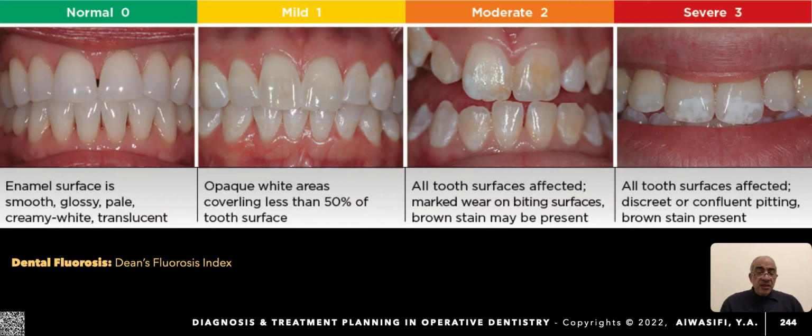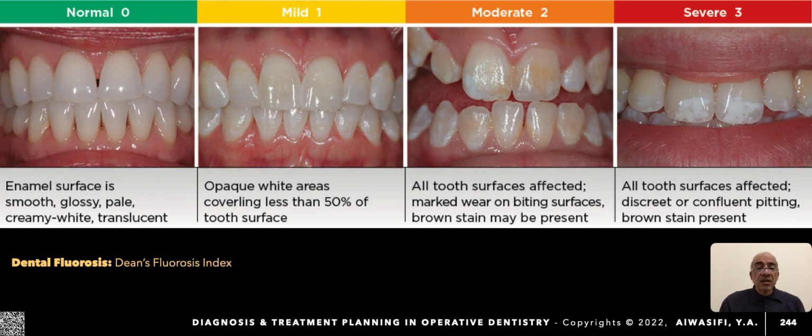This is the Dean's fluorosis index, starting from normal, 0, up to severe, scored as 3. 0 is a normal enamel surface, smooth, glossy, without any discoloration. It appears creamy white and translucent. Mild, scoring 1 for Dean's fluorosis index, and it's a very important topic, and it will be discussed